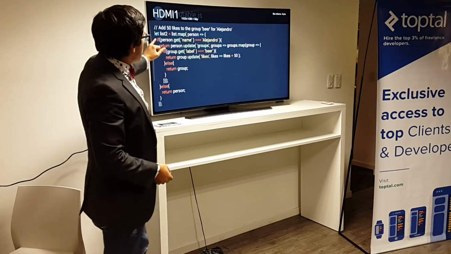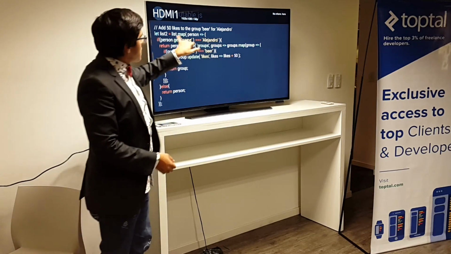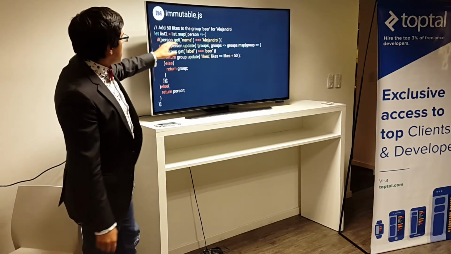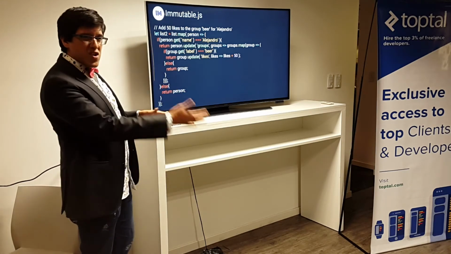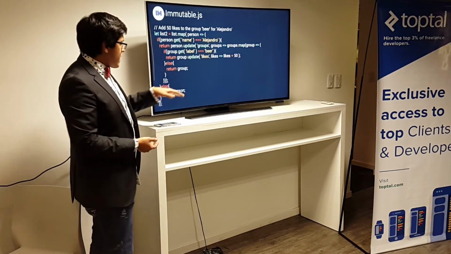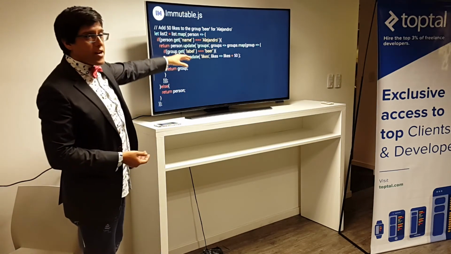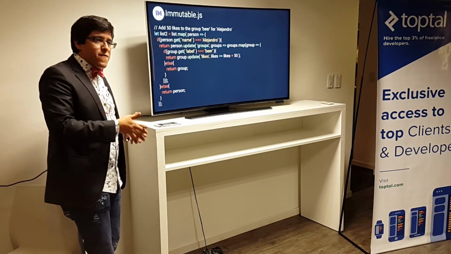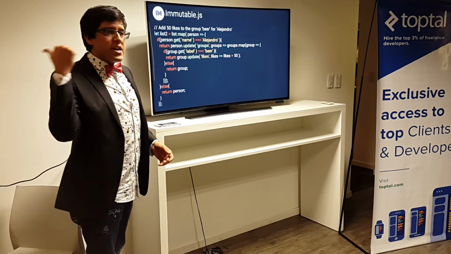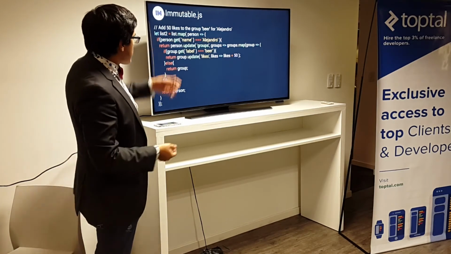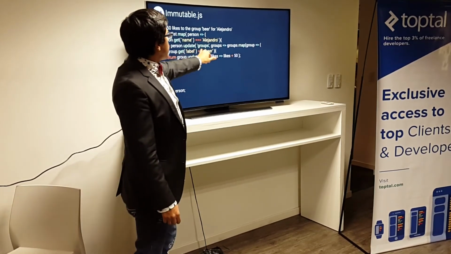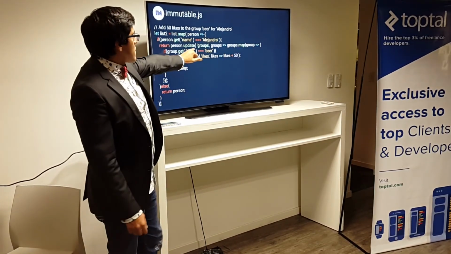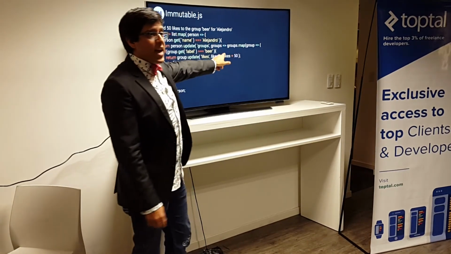So if the person name matches Alejandro, then we're going to do something. If not, we're just returning the person. Here, what we're doing is structure sharing. If the person is not Alejandro, then the same reference, the same map, is going to be in the newly created list. Then for Alejandro itself, I'm going to update only the groups part,